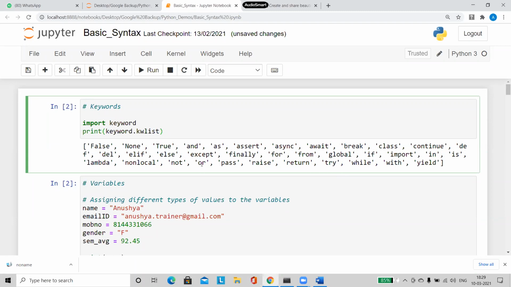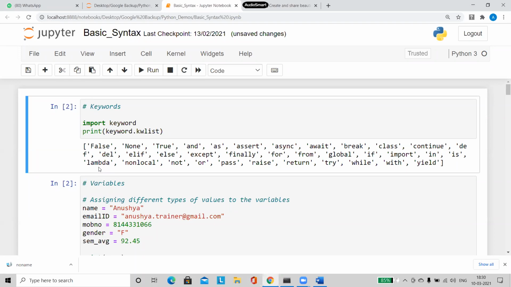For example, we are familiar with and as an operator, else, if. Many such words will be used in our day-to-day programming. This is what keywords are all about.